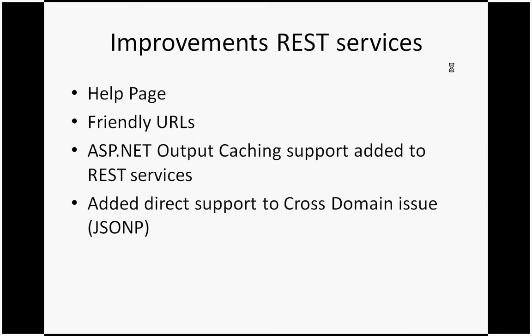But in 3.5, if you want to make a REST-based service a JSON-P service, there is no direct support. You need to download a few custom bindings and custom encoding files from MSDN, add those files to your project solution, and do a list of other things. So definitely it's a big process to make your service JSON-P supportive in 3.5, but they drastically simplified it in 4.0. I will show you how you can make your service JSON-P supportive.